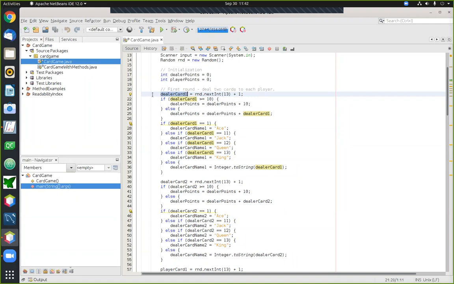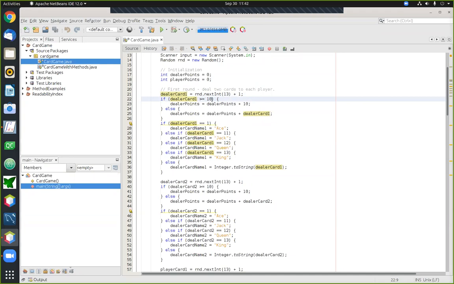Now, the next thing you have to do for each card is you have to assign points to that card. And the story here is that all of the number cards in the deck are worth whatever their point value is, and all of the face cards are worth 10. All right, so to compute points, we have an if statement here. And the first thing the if statement does is it takes a look at the code number for that particular card and checks to see if it's greater than or equal to 10.